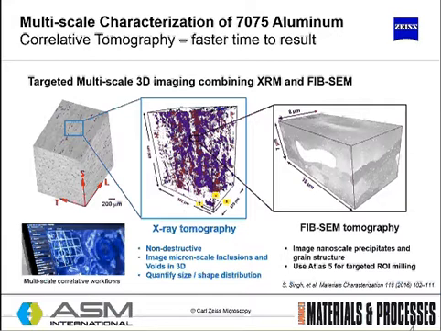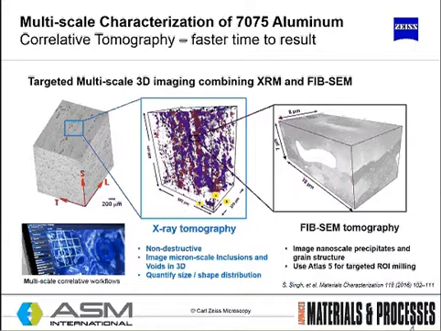The power of X-ray tomography is that, for this roughly 1 millimeter cube sample, you can actually target in 3D exactly where you want to mill using the FIB-SEM. So non-destructively, you're able to perform a micron scale image analysis of inclusions and voids in 3 dimensions, quantify the size and shape distribution, and then only target the nanoscale precipitates and grain structure you want specifically to analyze using the FIB-SEM. So this has got a huge benefit in the time to result,